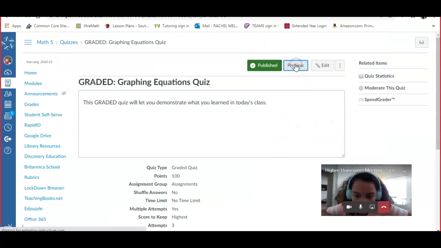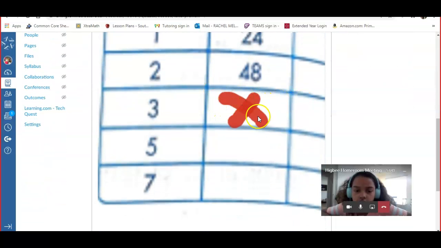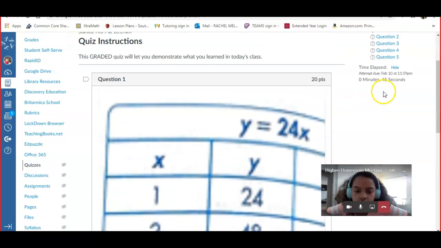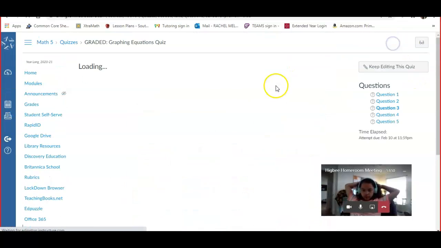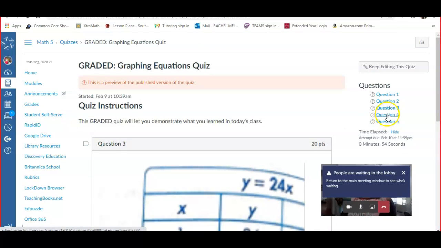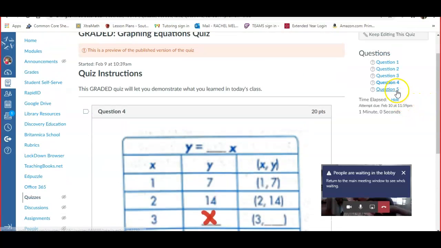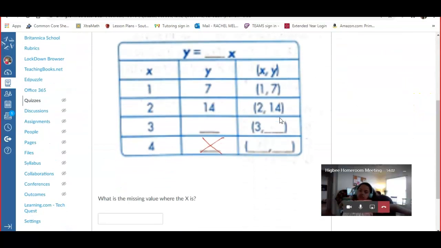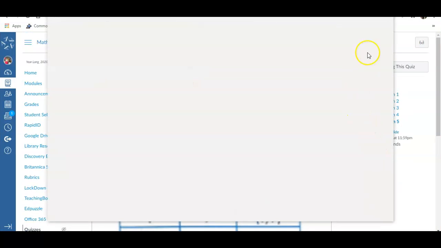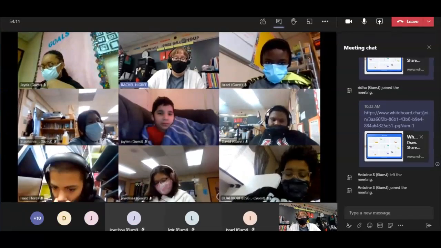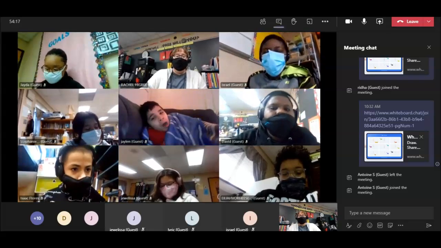This is for a grade today, so do your absolute best. It's kind of like yesterday. You're finding the missing value, so pay attention to where the X is. Same thing for number 3. On number 4, same thing, just with a different graph. And then number 5, same thing. So watch out for the X and see where the X is located, and that will tell you the value that you need to find. Are there any questions? All right, let's go ahead and get